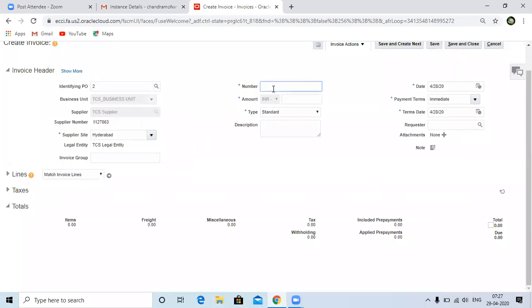Now this is integrating from your PO to PA1. So the amount is 4,000. We have created the purchase order. So the date, payment terms, leave it, and the requester, let's take TCS as the requester.